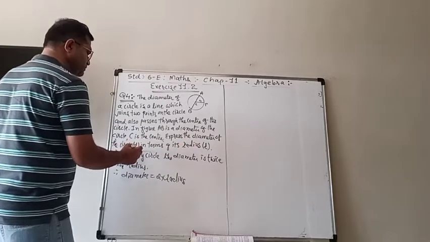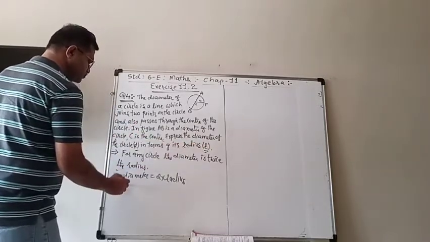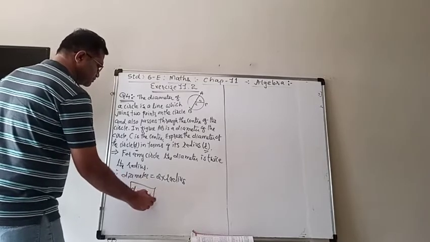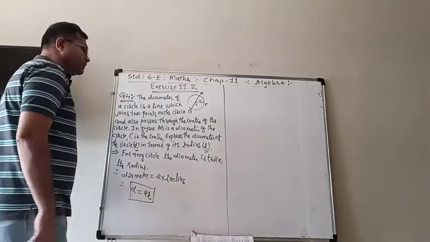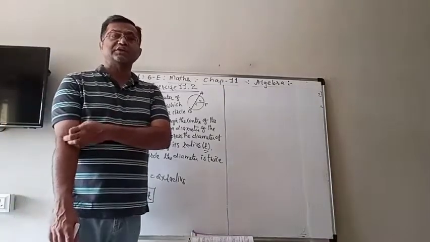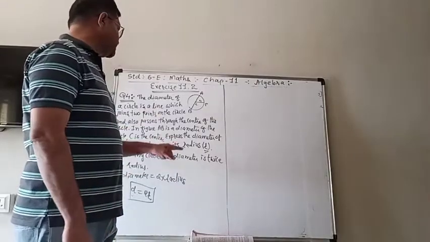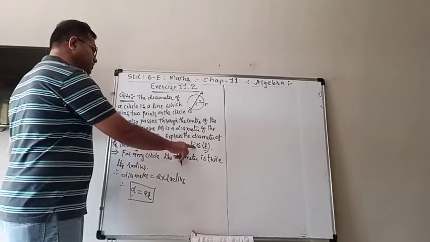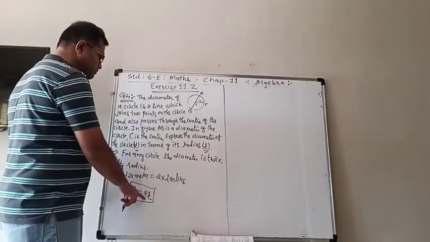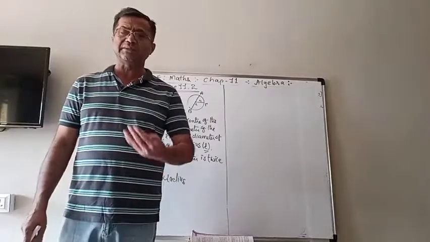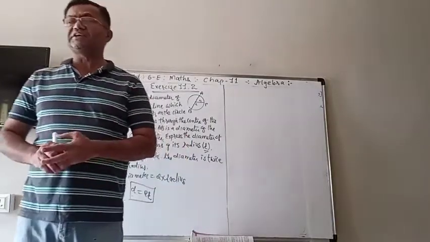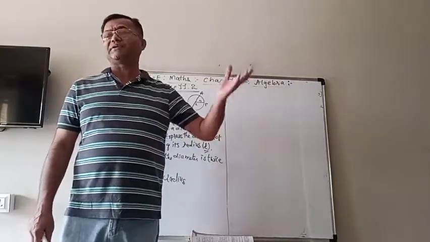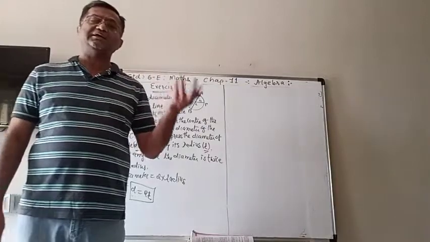Diameter is denoted by D, radius is denoted by R. So we get the relation D is equal to 2R. That is the relation between the diameter in terms of the radius. So here we express the diameter in its radius, meaning D is equal to 2 multiplied by R. So if we know the radius of any circle, you just have to put the value of radius here and you can find the diameter.